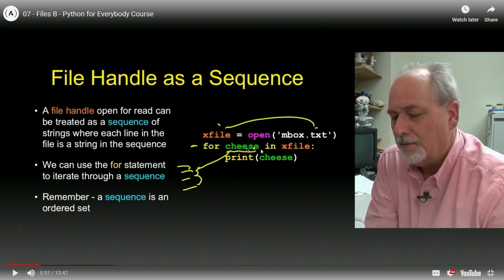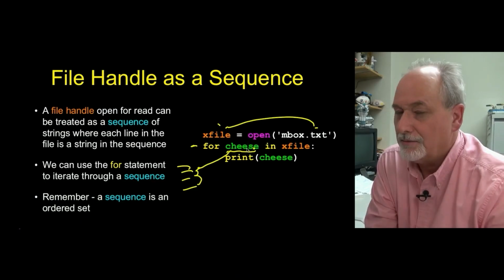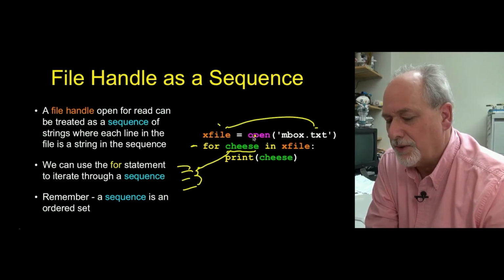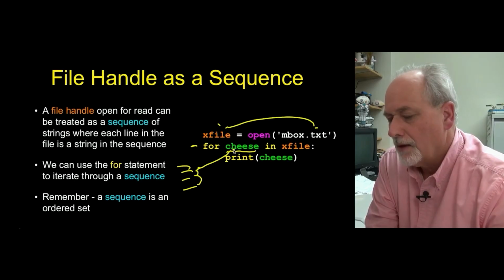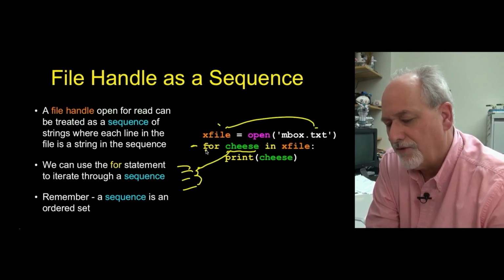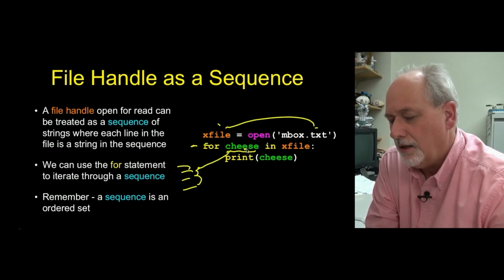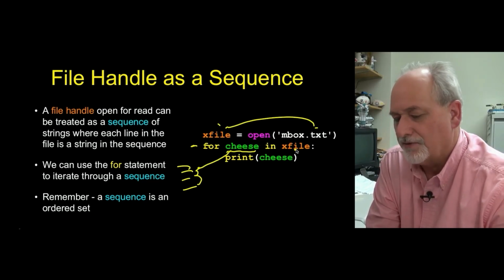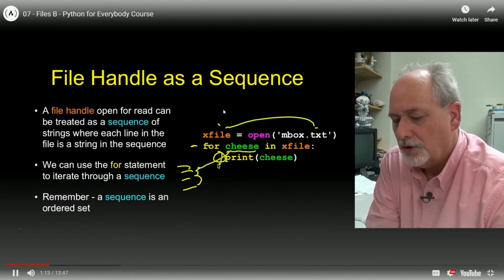No, I was confused 100%. Okay, if it wasn't for the fact that I've been tricked by you characters so many times that I know this is another trick. But Python doesn't know anything special by naming that variable line. It's the for and the in, and so I read this as for each line in the file handle X file, run this loop one time.